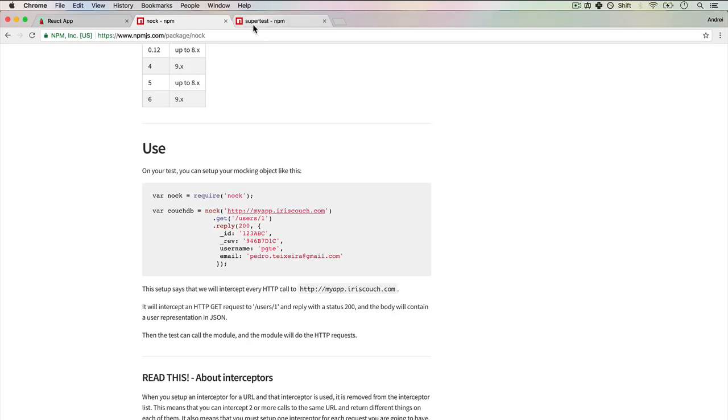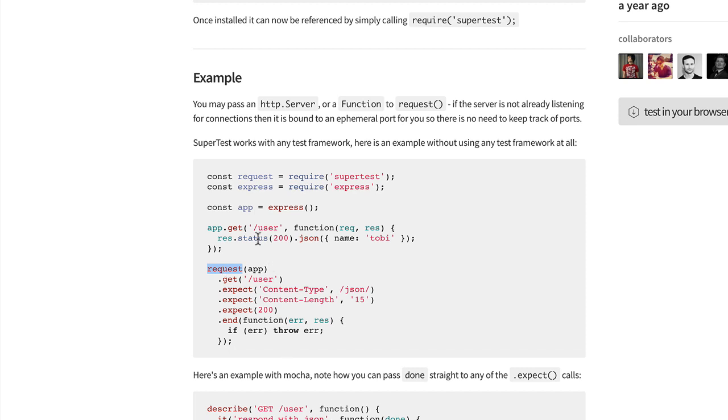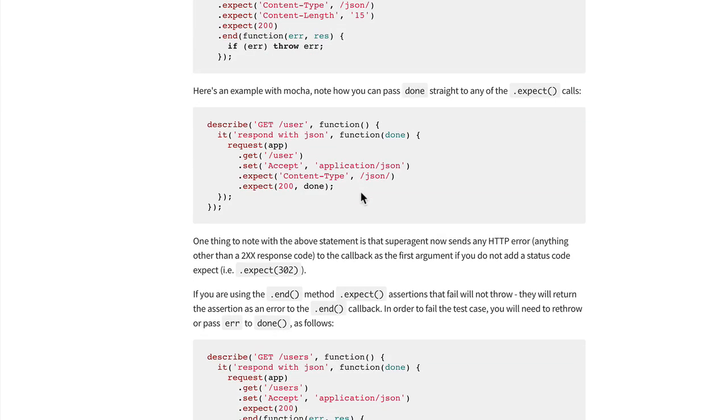Once you get deep into testing as well, especially when you start working with APIs, Supertest is one of my favorite tools. Simply by importing Supertest, just like here, and we have the request, you can request, let's say, an Express app, and you can do all these things like running GET and expecting a content type and a status and a ton of things. Now, this is beyond the scope of this course, and it's something that you can take a look at as you get more and more into testing. But just realize that there's tons of tools out there for you to use to write